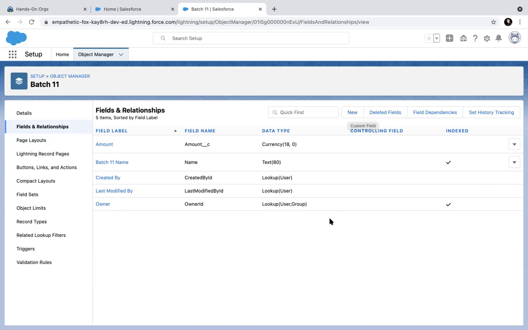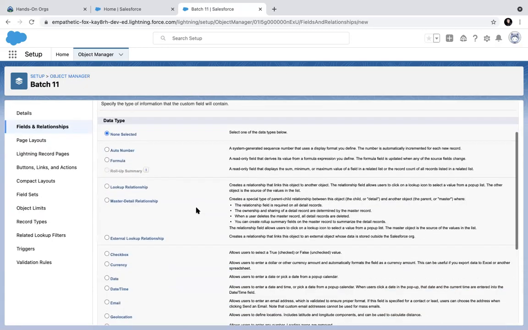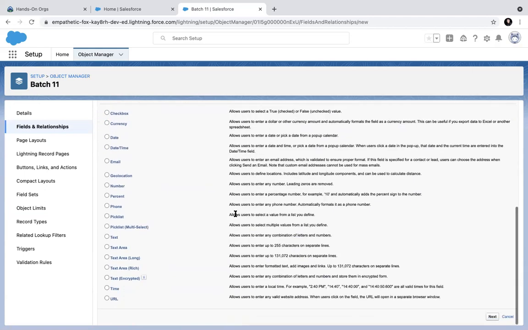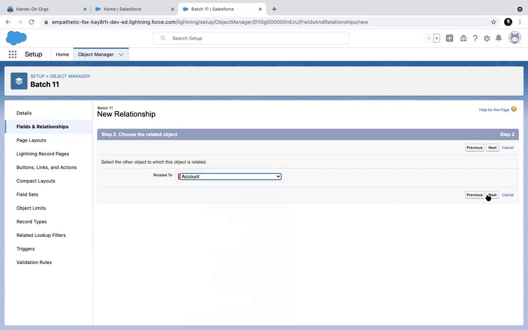Let's see how to create values. I have created a new table. How will I put values, or how will I create records in this table? Let's create a lookup field once again. This time an account lookup field.